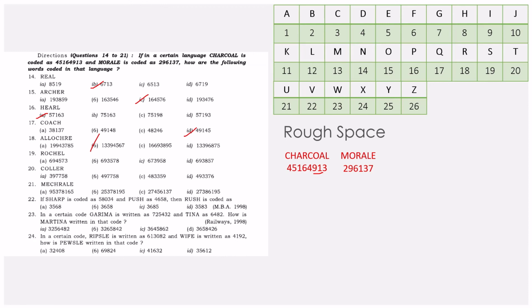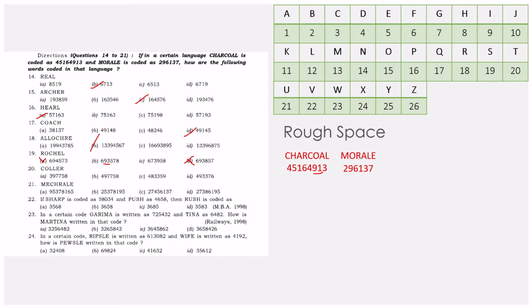And ROCHEL. So again, see, there is nothing repeating in this. So you have to go by your common sense. So 6 in the start, 6 in the start, and 6 in the start, 3, 8, 8, 7. So option D and option A are eliminated because 8 and 8 are in common and they have a majority over here. 9557. Both are unique, but 93. Okay, after 7, 39 is coming, right?